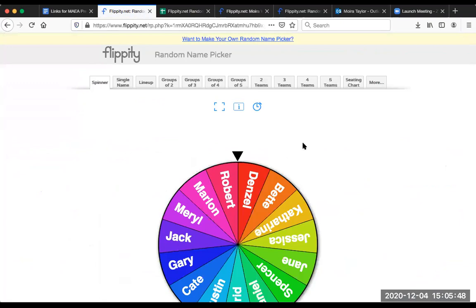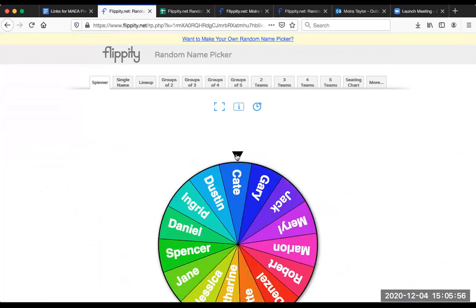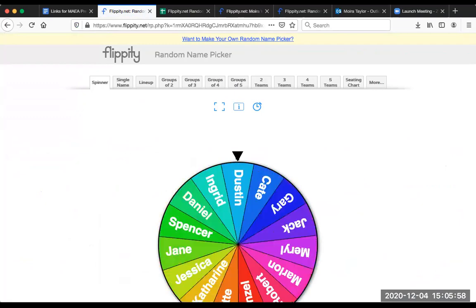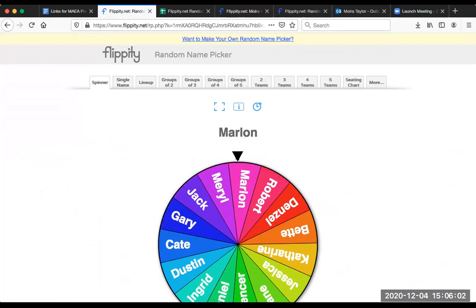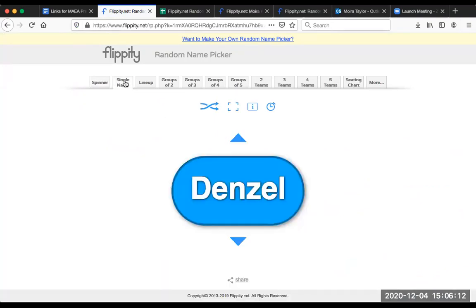So the idea is that you have a wheel with all of your students' names on it. It's a spinner, and so you can just spin, and wherever it lands, that's the person who gets chosen to read a question or to answer something. What else was cool about it is once you've set it up, you can just choose a single name, or